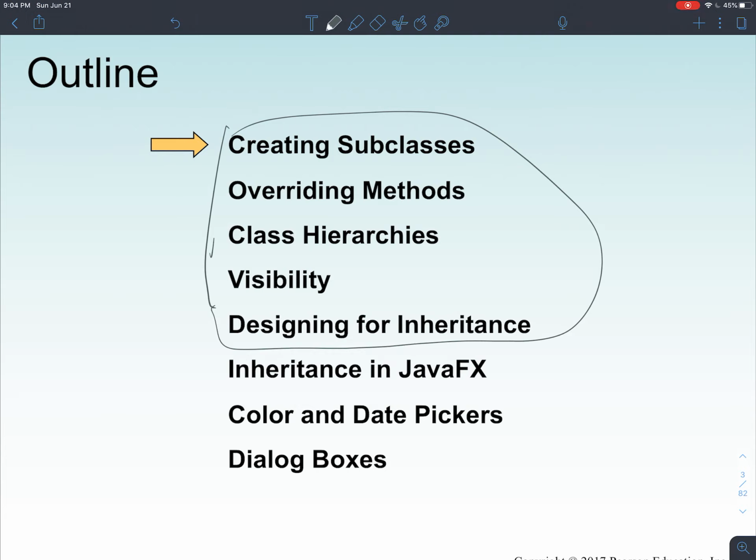And among them, the first two subchapters are really important for you, whereas for the other parts like the class hierarchy or designing for inheritance, I would say you should learn more